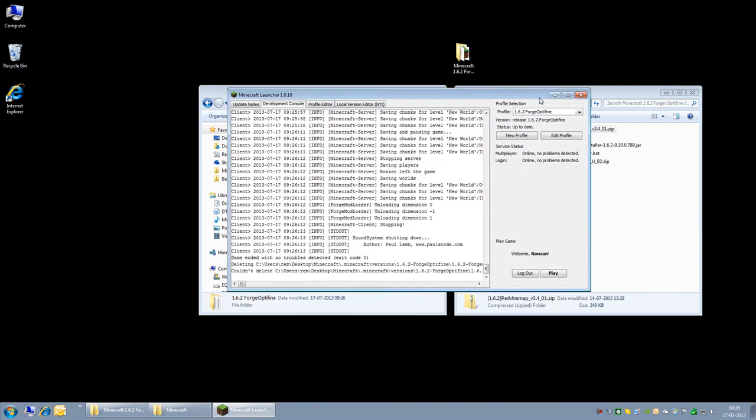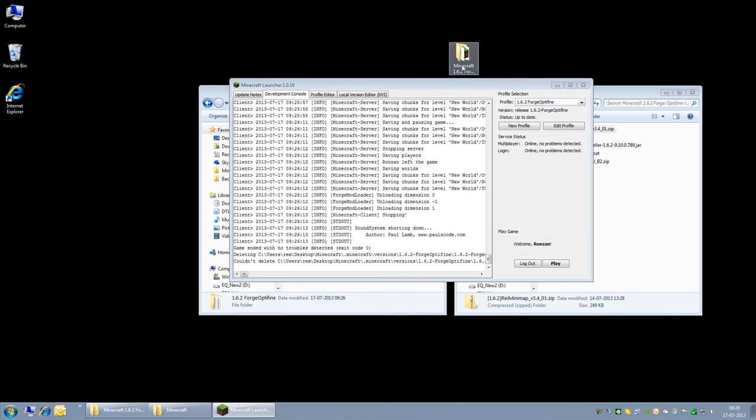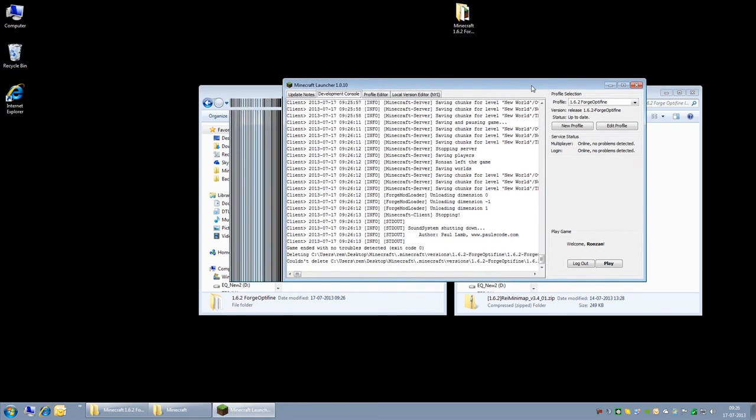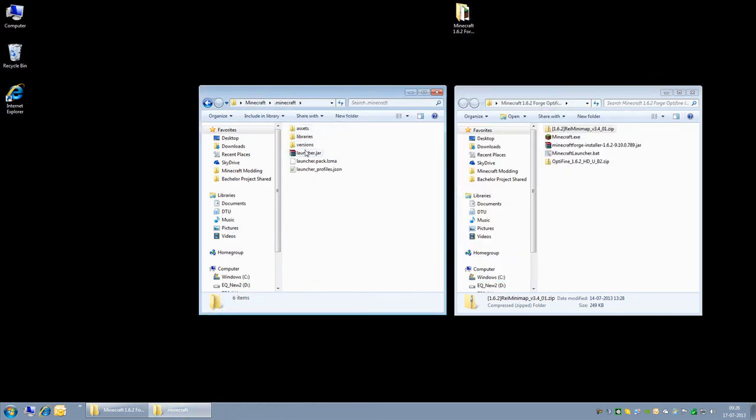I hope this helped you install Minecraft Forge and Optifine with the new 1.6.2 launcher. And you would have to do something similar when 1.6.3 comes out. You would have to go in to the versions folder and create a new custom version. You would have to go into the libraries and put in a new Optifine version. You would have to download Minecraft Forge. Just use the installer. It will create a new folder in here next to this one with the new version